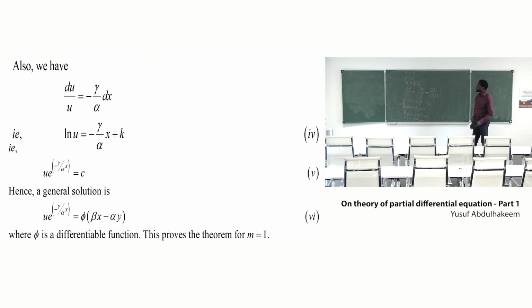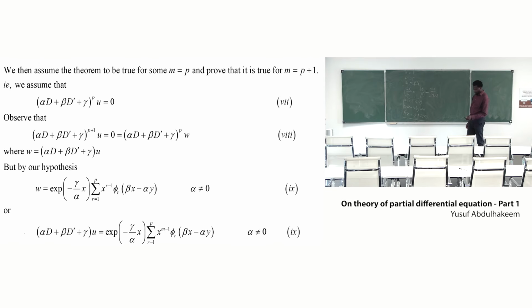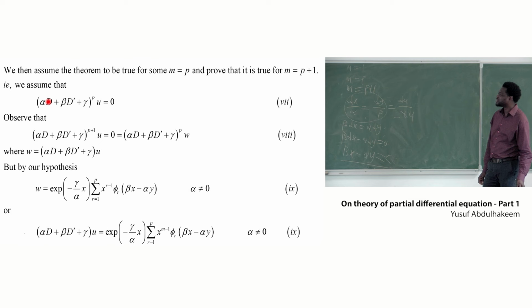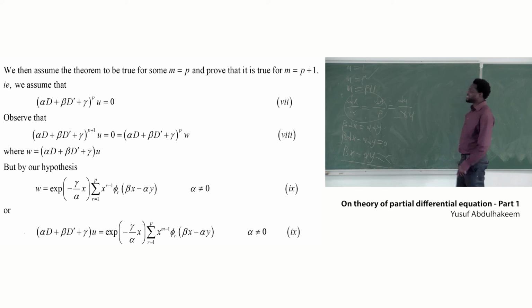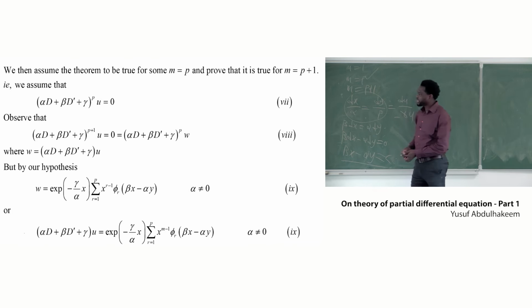Then now what happens when m is equal to p? When m is equal to p, this is what we are going to have. And remember, what we are doing is mathematical induction. So we are going to assume that it is true for when this m is equal to p. Then now let us look at it now. What happens now when m is equal to p plus 1? Yeah, we know